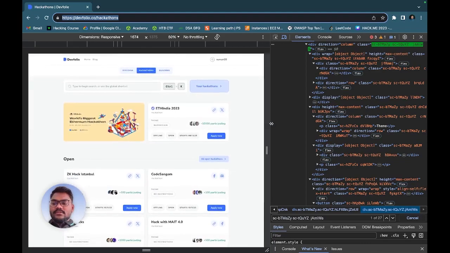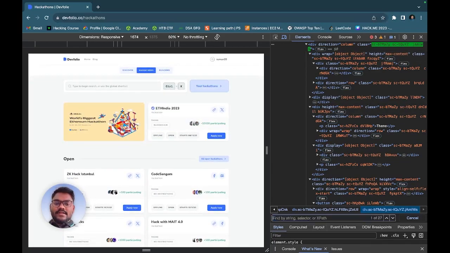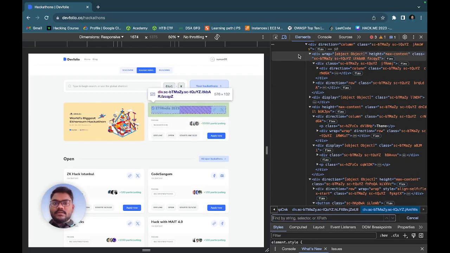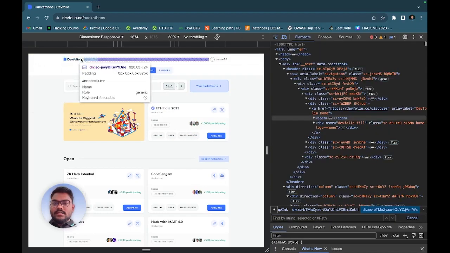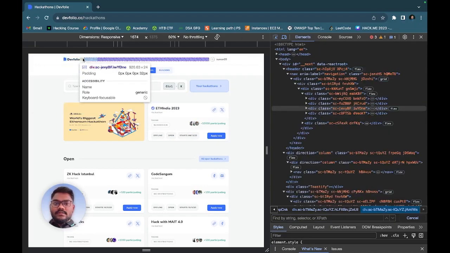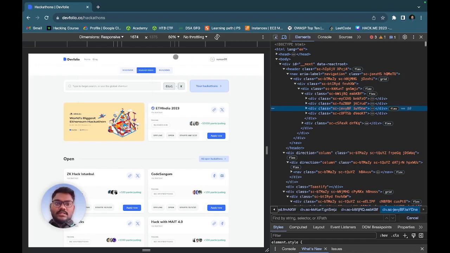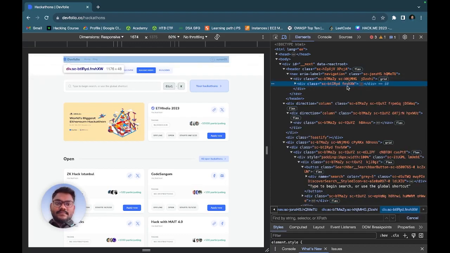There is a section you need to find manually. If I go to Devfolio, you can see there are multiple divisions. Let us take this one. You can see this division is taking up the full section. If I copy this class,